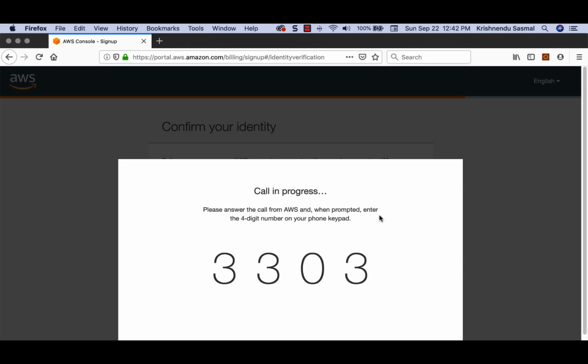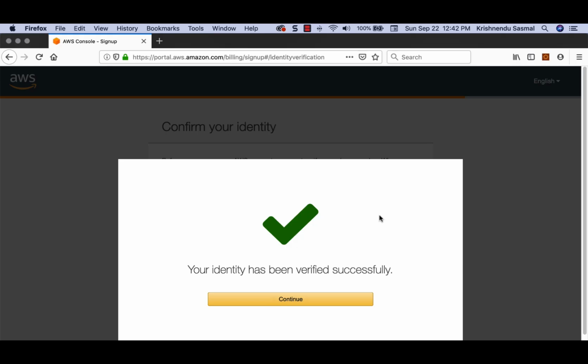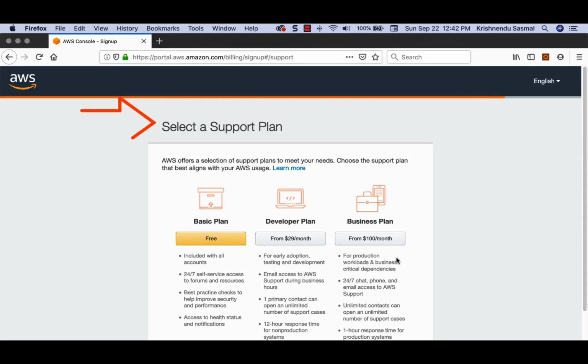Web services. Using the touchpad on your phone, please enter the 4-digit PIN number that was displayed on your screen. Let's put the number 3303. We have successfully verified your PIN. There you Please go. return to Amazon Web Services to complete your registration. Thank you for your interest in Amazon Web Services. Goodbye. And hit continue. So that will take you to the select a support plan page, and you have to